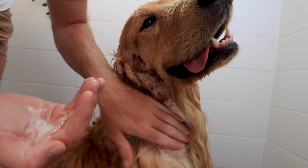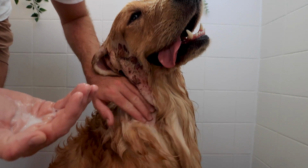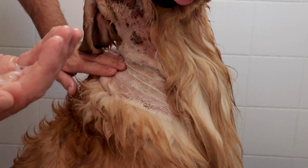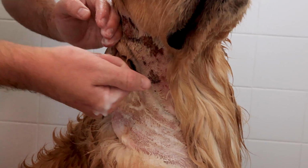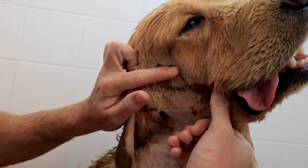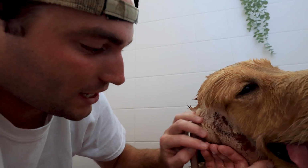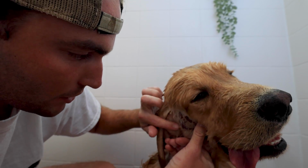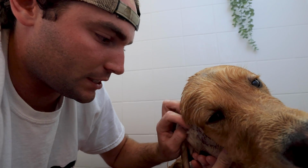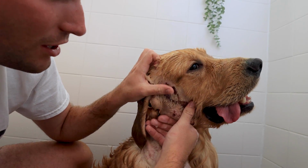We're almost done with this area, Maverick. Now this stuff down here I can be a little more rough with. It's really just the scabby area where he was showing us that he didn't like us getting in here before. This skin, when we got into here, we were seeing areas of raw skin. Guys, these pyodermas, which is just a broad term for skin infections, can be so hard for these dogs, and